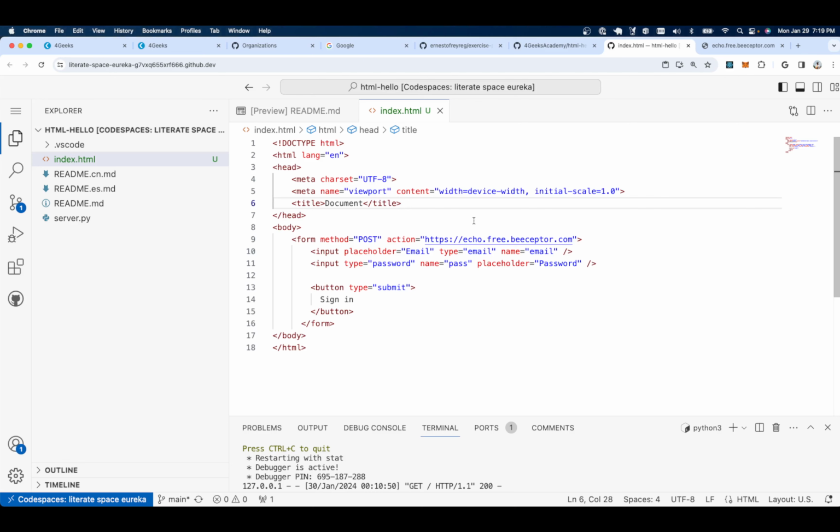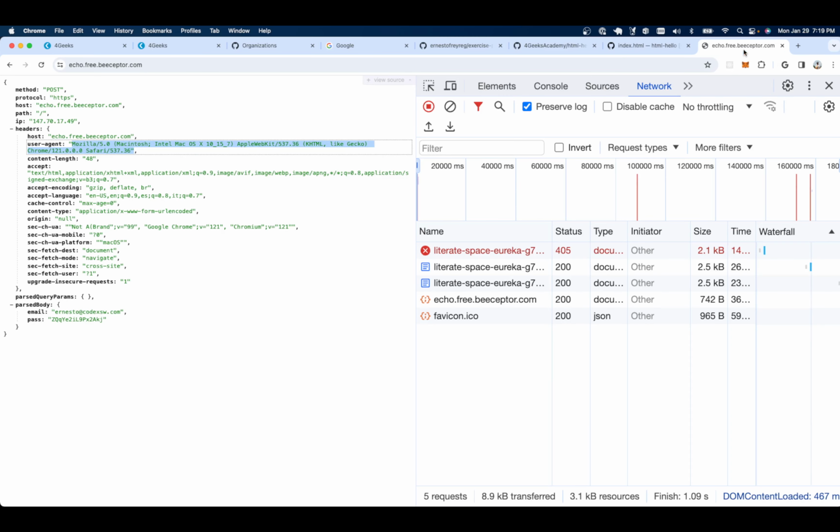The server will, like that happens on the server side, how to map those values. Right? Yeah, the server knows how to interpret that request and extract the data from the request. But all the data is sent to the server in a post request. What you see here is that request with all the data that we have in that request. All requests have a method, the protocol, the host, the IP that the server is running, the headers. The headers are basically metadata about the request. And